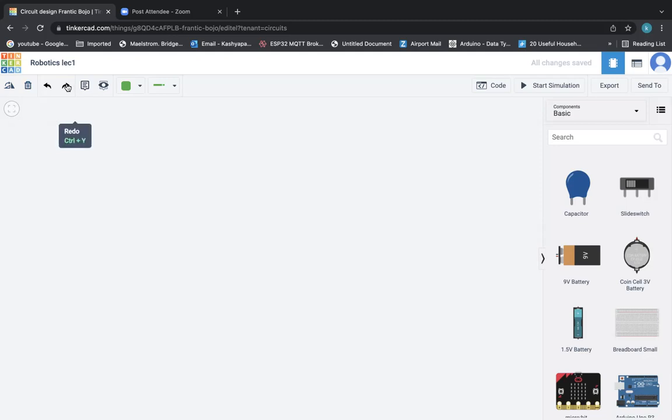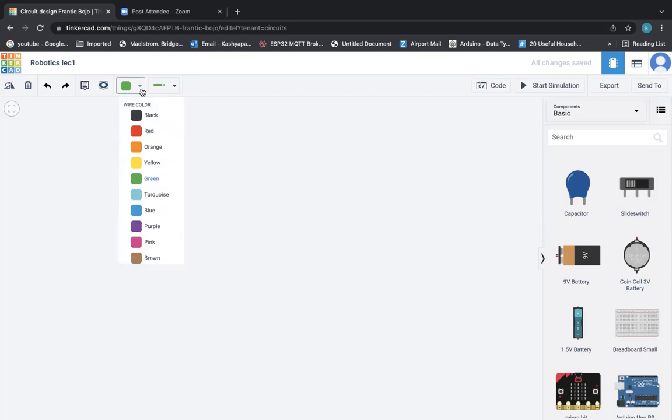And this is redo, and here you have labels, so it is notes, labels as such. And here also there's a button. When you press this button, if there are many labels, you can clear the visibility by hiding the labels. So this is also another button.